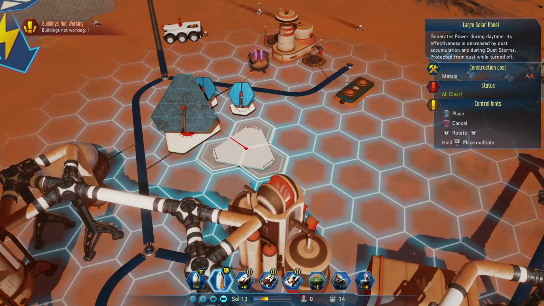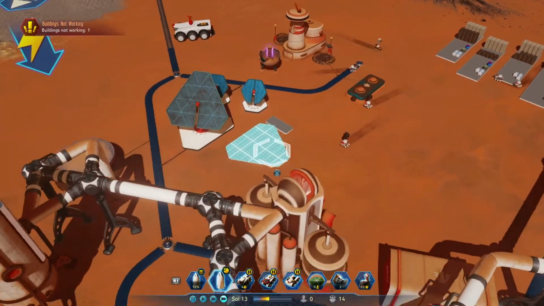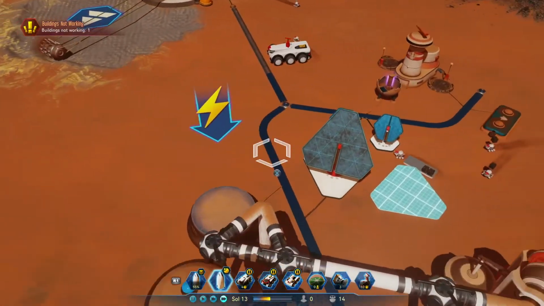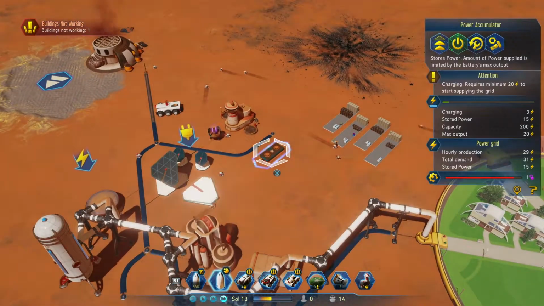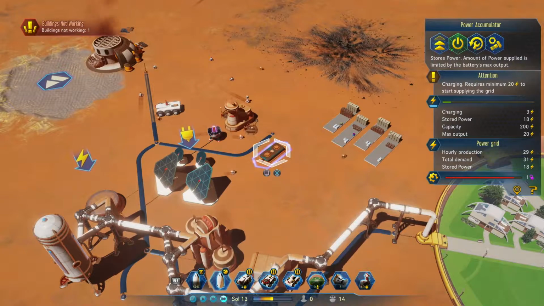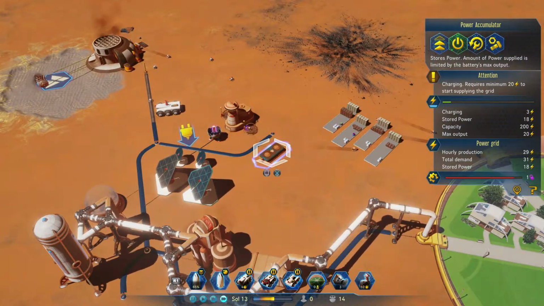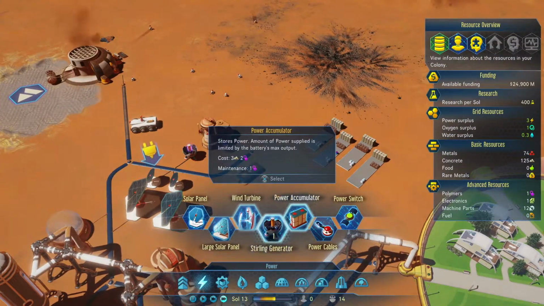We're going to bring this guy in here. We'll drop that down. We're probably going to have to put a connection for it, which is fine. And then we're going to build... I think we're going to start building these out this way as well. And we might want to bring another battery in, because clearly we're going through... Total demand is 31. Our hourly production is 29. Stored power is 18. Max output is 20. We're going to build it. We might want to build another battery. That's not a bad idea either. Power accumulator...